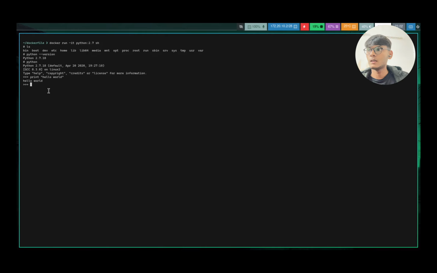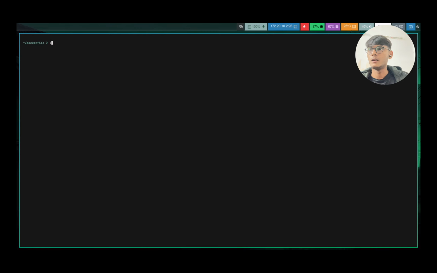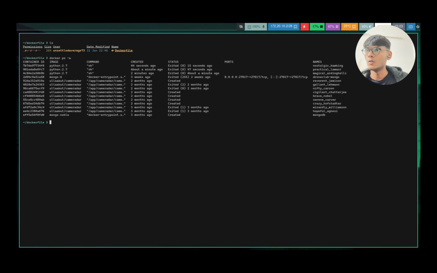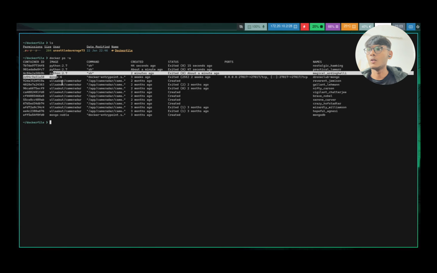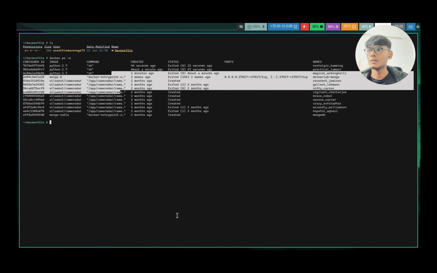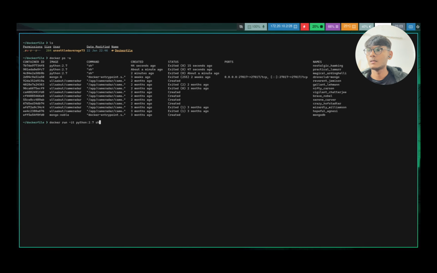I will close it and exit from the container, and run docker prune. It means clearing all containers from the image. Yes to all. Here it shows Python 2.7 running 44 seconds ago, lots of containers. I prune it all, which means clearing all containers.